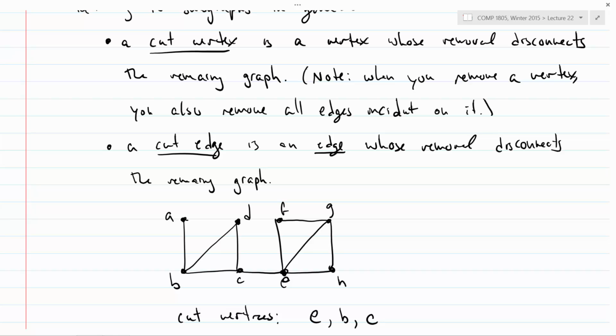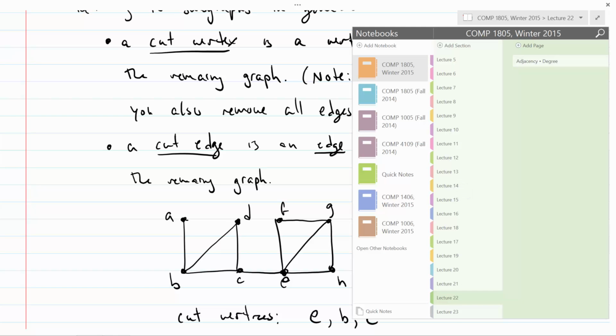So it goes from one connected component to two or more. And a cut edge is an edge such that if you remove it, it disconnects the remaining graph. So you go from one connected component to two or more connected components. Is that okay? So that's where we were last time. What I'd like to do this time is resume this discussion about connectivity. But if you remember last time, I said the discussion of connectivity was only in the case of undirected graphs. But you can still talk about connectivity in directed graphs.